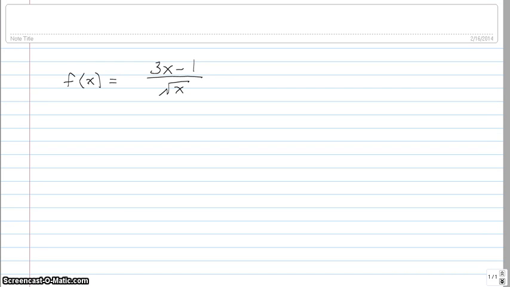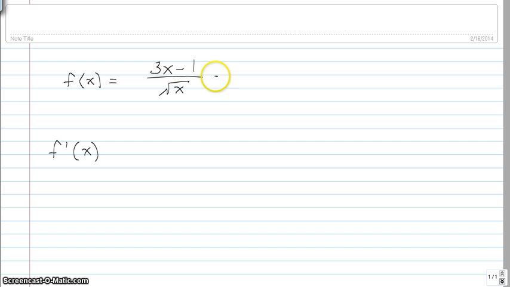Okay, so in this video what we want to do is find the derivative of the function that's on the screen, and at first glance this may look like a function where you want to use the quotient rule to find the derivative, and that certainly would work. This is a quotient, and so the quotient rule would certainly get you to where you need to go after some simplifying, but the approach that I'm going to take